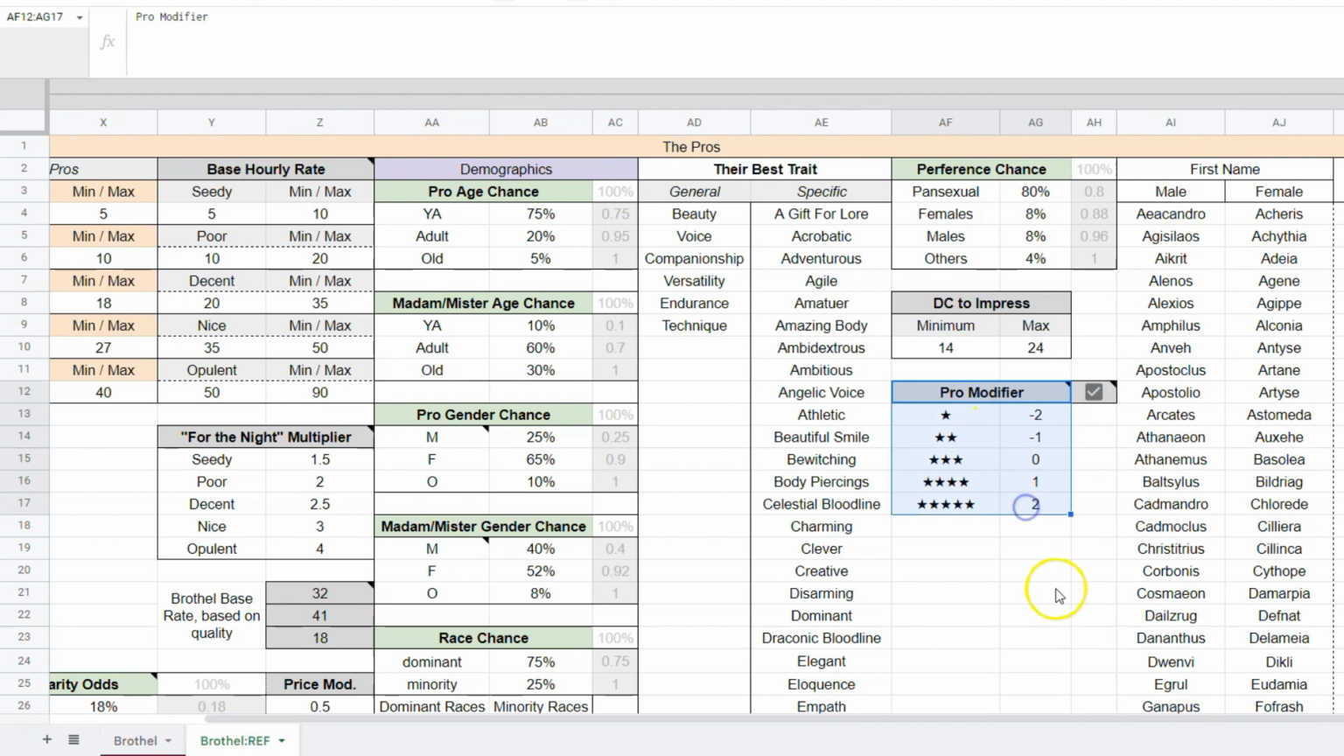And then what this little table does is this will add an additional modifier if this box is checked. If that box is checked, then it will add an additional modifier to whatever number is generated here based upon the professional's rating. So for example, maybe the random number that was generated here was 16 because it's between 14 and 24, but that professional has a 5-star rating. So the random number that was generated is 16, but we're going to add 2 to it because they have a 5-star rating, and that's going to give them a DC to impress of 18. If you don't want that to play, you can just uncheck that box, and now their rating will not affect